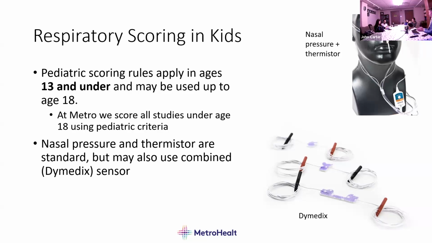13 to 18, you have the option of pediatric or adult scoring. 18 and above, you want to use the adult scoring. So there is this gray zone, 13 to 18, and you're going to see something different at every site. In your own practice, you're going to decide how you want to apply it. But here at Metro Health, we've decided anybody under age 18, up to 17.999, is going to be scored using pediatric criteria just for consistency. That being said, there's nothing magical about turning 18.0 where your physiology switches over to adult physiology. So it's very much a spectrum. But as a rule, we apply pediatric scoring criteria to 18 and under.